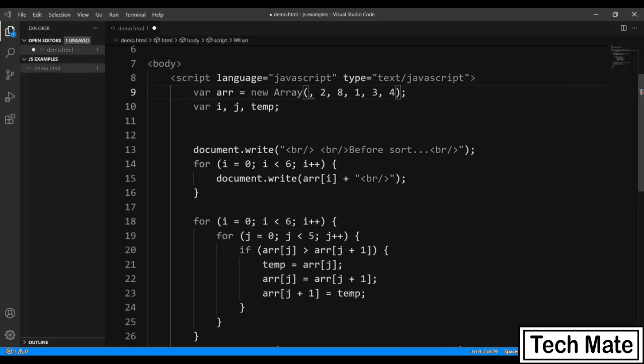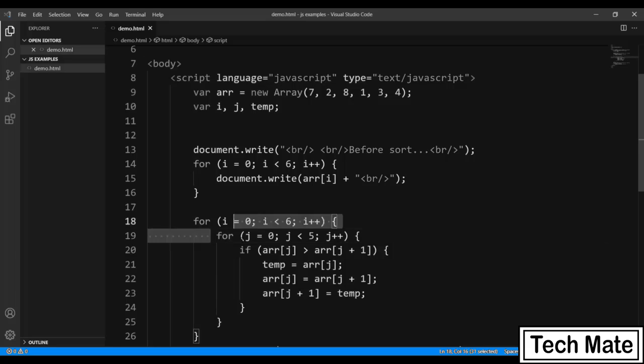So similarly this loop will go 5 times, meaning 0 to 4 index would be covered, and of course as you can see here in the logic I am putting j plus 1. So the last index is 5. When j is 4, what it will be saying is, if arr[4] is greater than arr[5], that means these two values will be compared, and if required the swapping will take place, but only in one cycle the complete sorting will not be